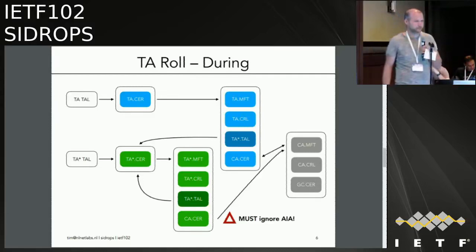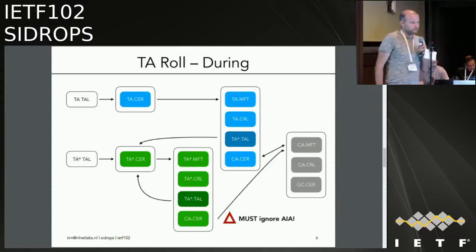Rob, also again, we already have to ignore AIAs during key rolls further down the tree. I'm pretty sure we got that right somewhere buried in the depths of the original documents, that they're advisory. You should not reject anything just because the AIA is wrong. So I don't think there's any document change needed. I don't think it's a key issue for the relying party validator either, but it's good to know.